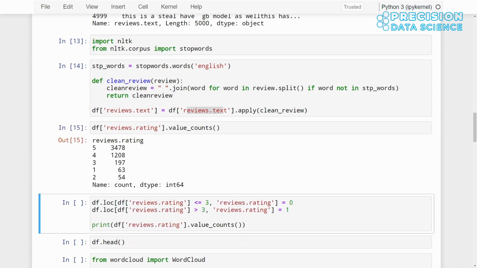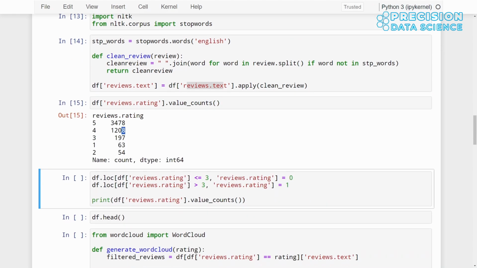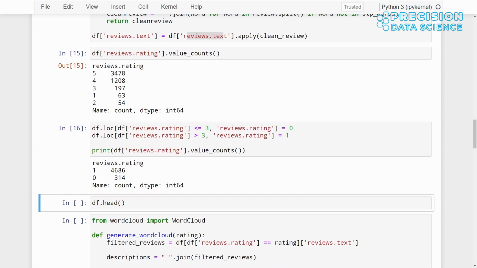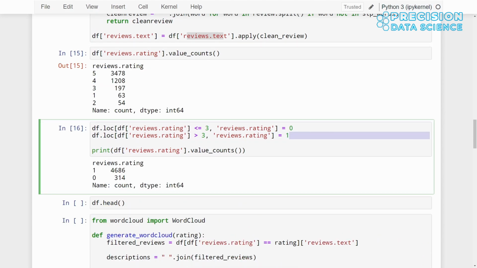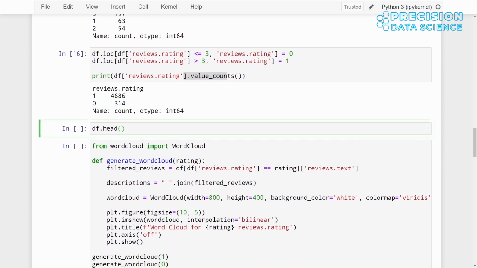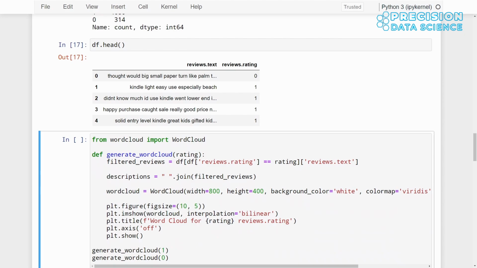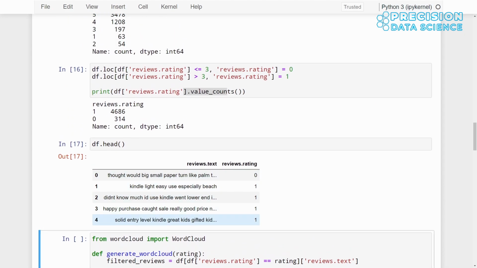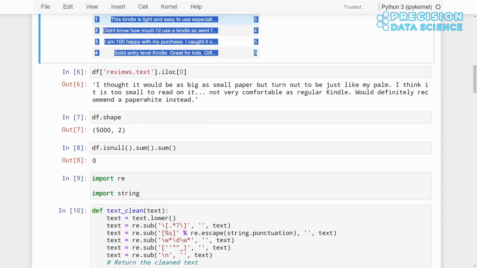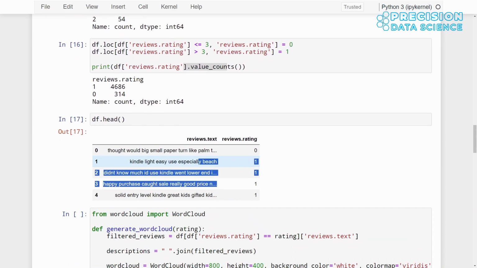We'll run the value_counts method on the ratings column, and we can see that the majority of the ratings are 4 and 5. Using lambda method, we can categorize all the ratings above 3 as 1, representing positive reviews, and rest as 0, representing negative reviews. Again, with value_counts, we can see that we have more positive reviews than negative reviews. We'll check the first 5 rows again to confirm that the data frame is transformed. As we can see, we had ratings 3, 4, 5, and now it's been converted to 0 and 1, representing